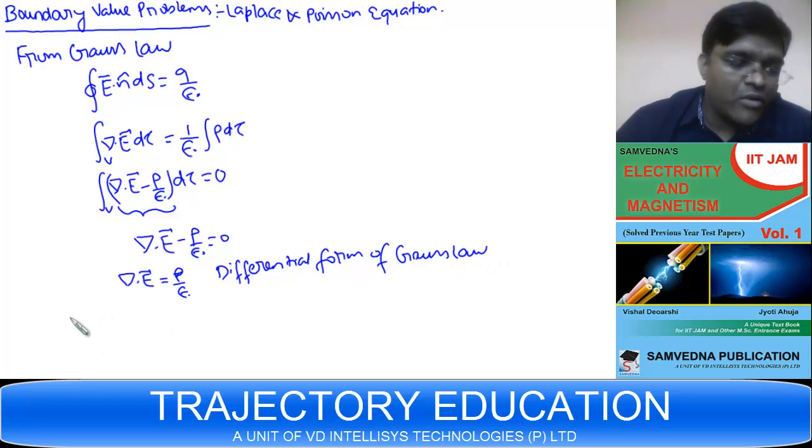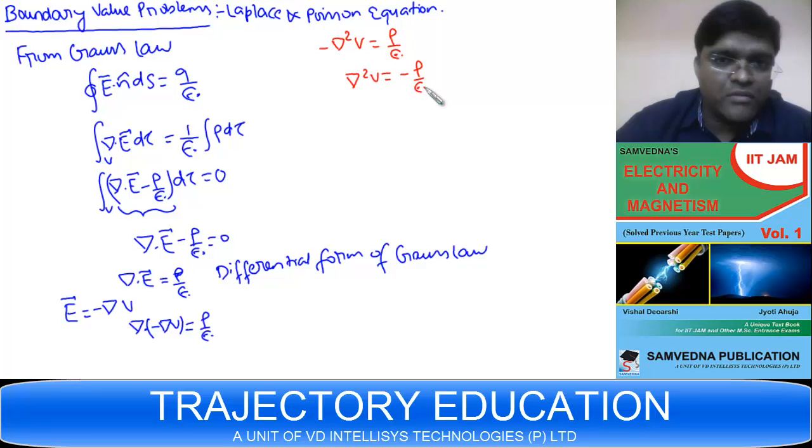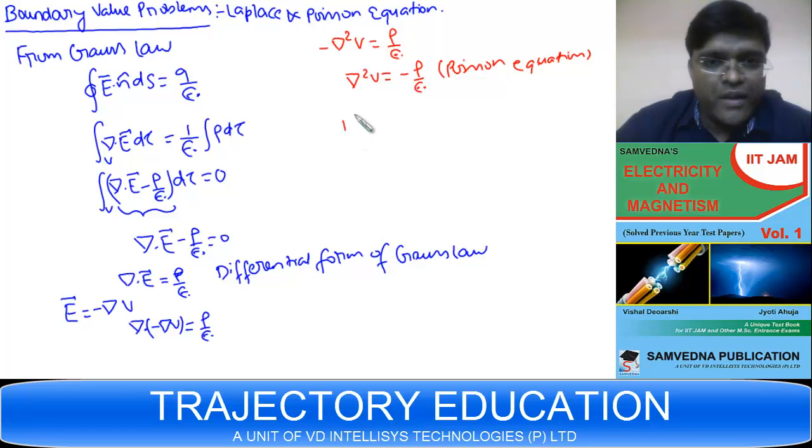Now, since E is a conservative field, it can be written in terms of the gradient of a scalar, E equals minus del V. So this becomes minus del dot del V equals rho by epsilon naught, that is, del square V equals minus rho by epsilon naught. We call it the Poisson equation. And if in the medium rho is 0,